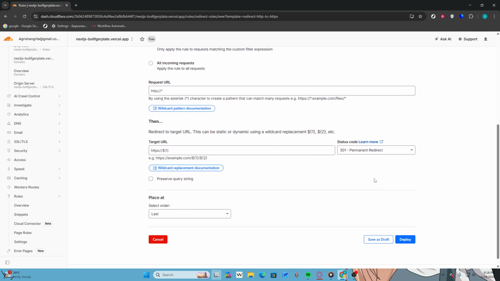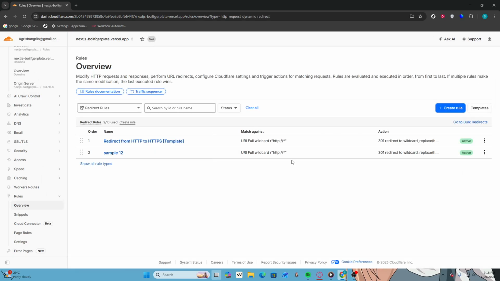request URL. Proceed by clicking on Deploy. This action will finalize the settings for your redirect rule. A loading indicator may appear as Cloudflare processes your request, and you should receive a confirmation message once the deployment